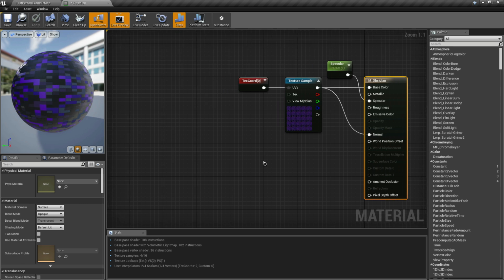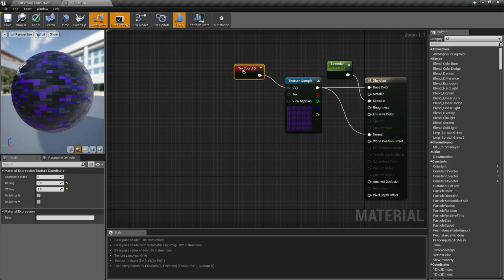What we're going to do is remove some of these nodes, like the texture coordinate, because we're not going to use the texture coordinate when we apply the world align texture.